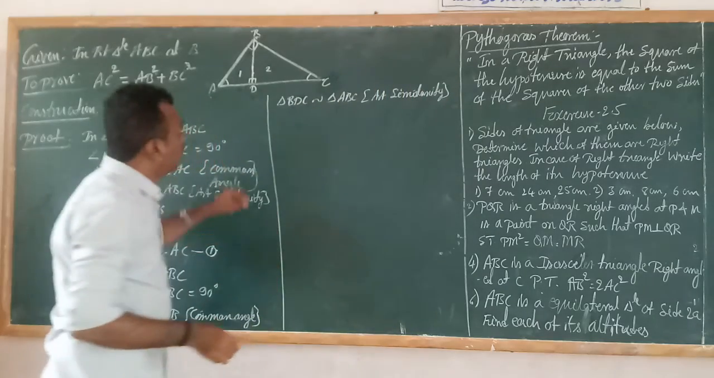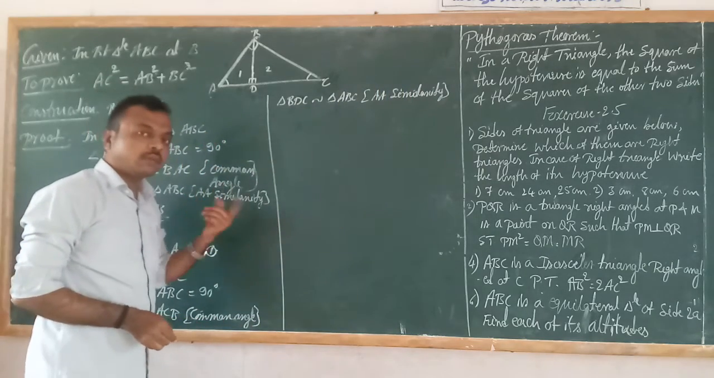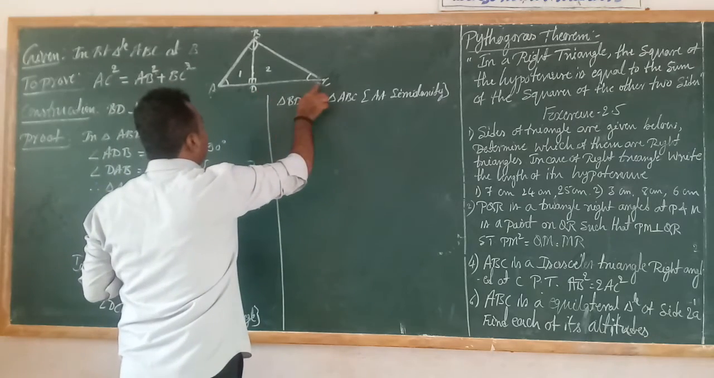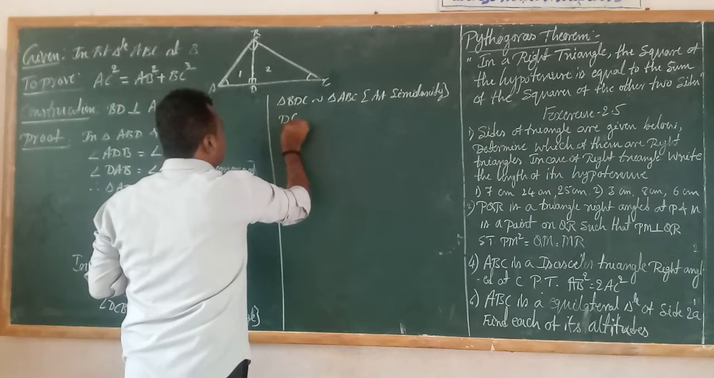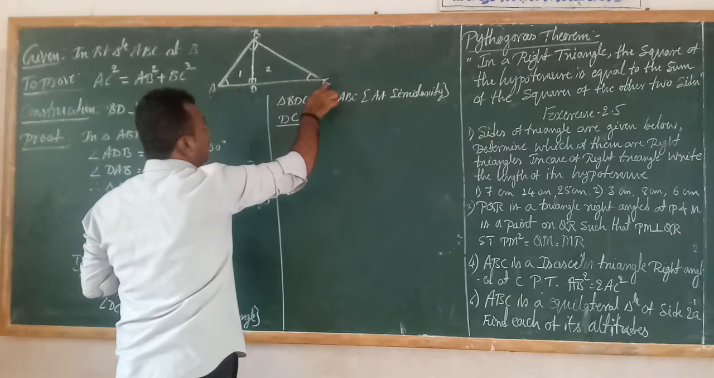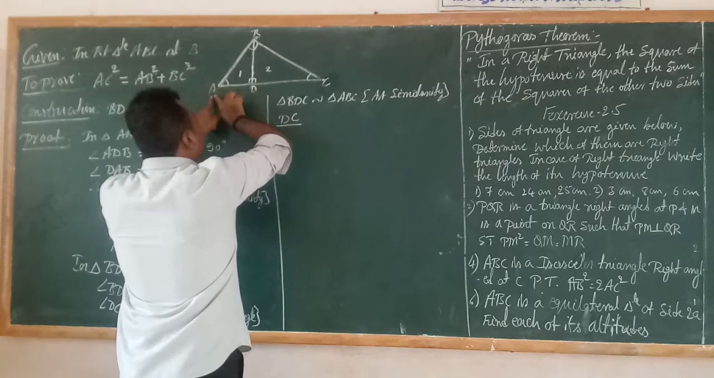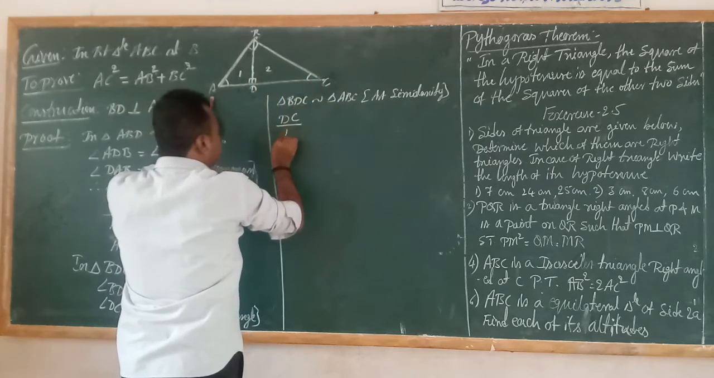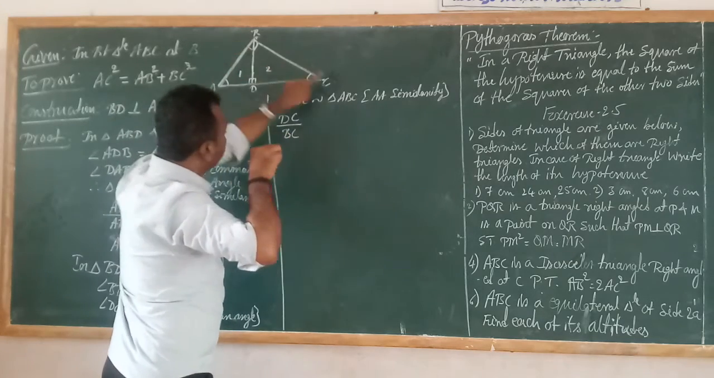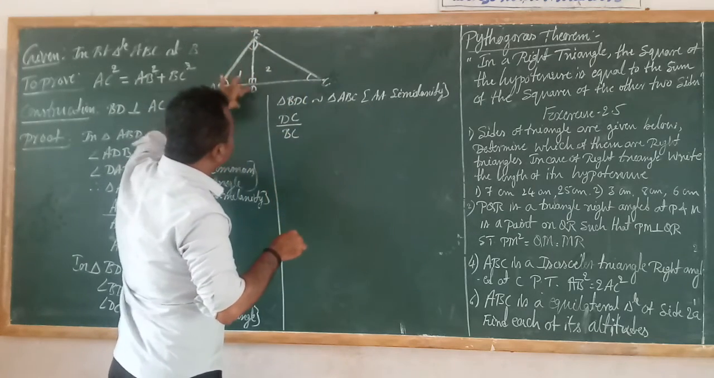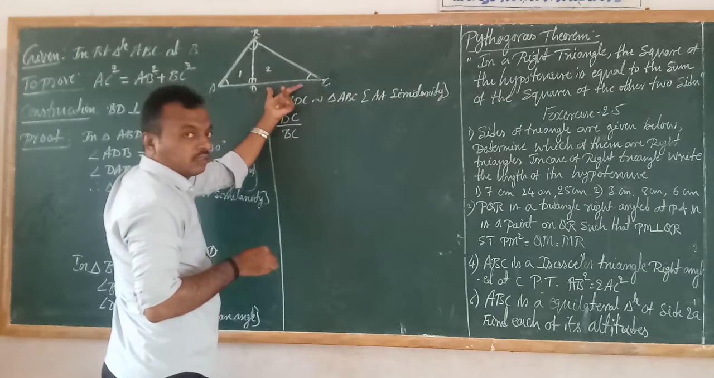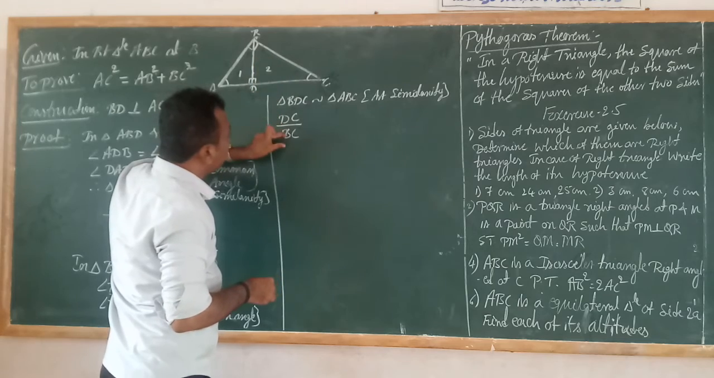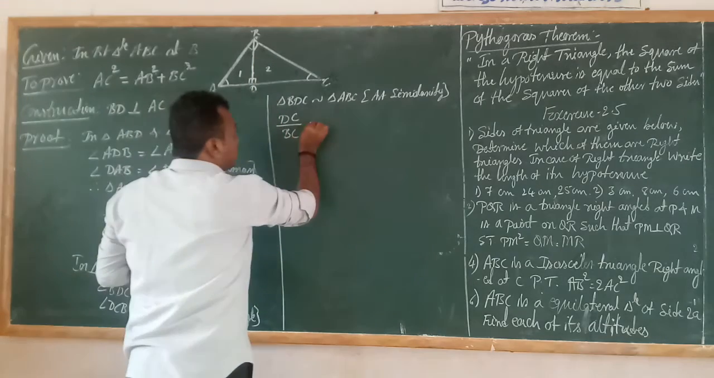Okay. Now, when the two triangles are similar, then the corresponding sides are in the same ratio or proportion. See, DC. Yes, DC is a side of BDC. In ABC, BC is a side. In ABC, BC is the base. In BDC, DC is the base. Got it? In ABC, BC is the base. Therefore, DC by BC. So 1, it is equal to